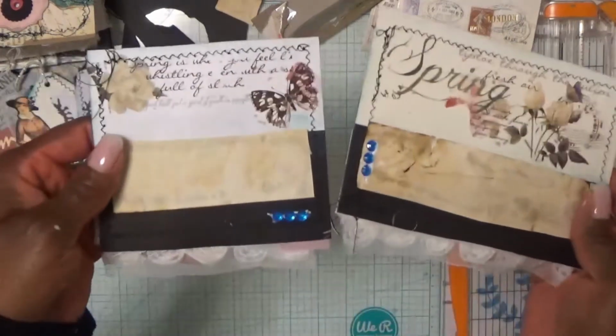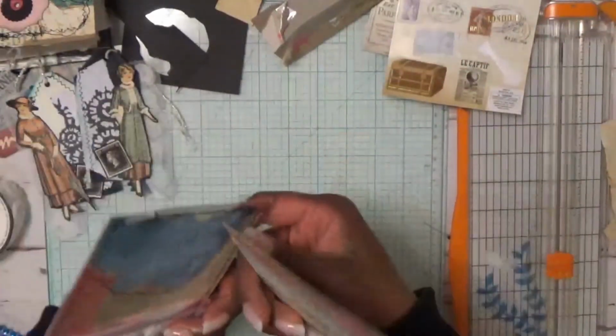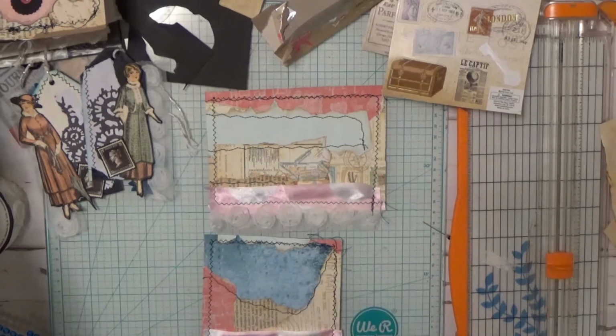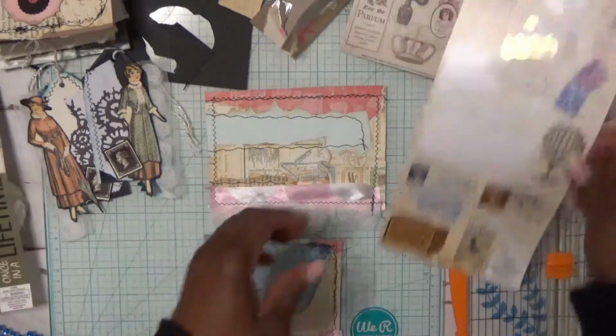And that's pretty much it. And I'm not going to put too much here. Well, I guess it could use maybe a word or something, a sticker too. Just enough to kind of